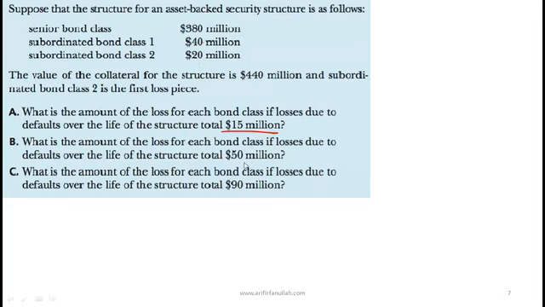What about 50 million? So if it's 50 million, then these guys lose everything and they lose 30. And if the losses are very high, then even the senior bond class can lose some money. So it's a very simplistic example, but it illustrates that with credit tranching, you can reduce. Actually, is it better to say you can reduce credit risk, or is it better to say you can redistribute? So you redistribute credit risk mostly to bond class 2.